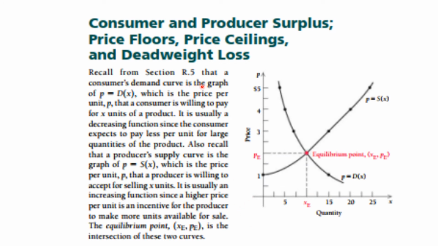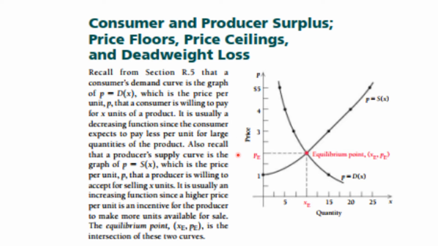Recall from earlier in this book that a consumer demand curve is a graph of P equals D of X, and that's the one that you see here. Now it is a decreasing function because for a lower price, more people will want to buy it, or people will want to buy more units. So that is this demand curve. The demand curve is usually a decreasing function since the consumer expects to pay less per unit for large